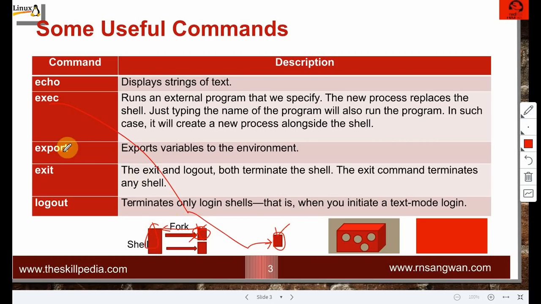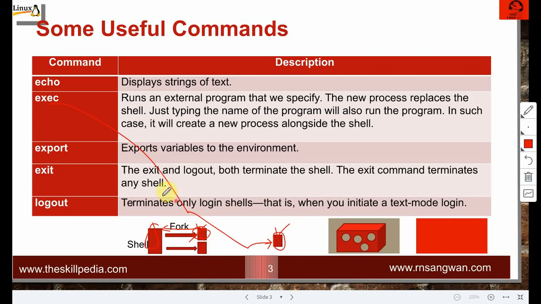Export is making a variable an environment variable. I have demonstrated this concept. Exit we have done. Logout we have done. The difference between exit and logout we have also done. Exit will exit from any shell, but logout will exit only from the login shell. Exit and logout both terminate the shell.